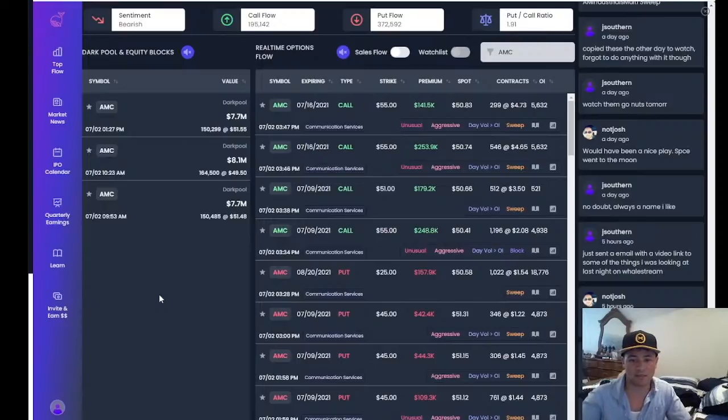Likewise, you can see it on the resistance side too. Hey, somebody just sold 1 billion shares at $260. Maybe that's a point where other institutions are going to start getting out, so that can act as resistance. Now, this all makes sense to me. I kind of get the idea.